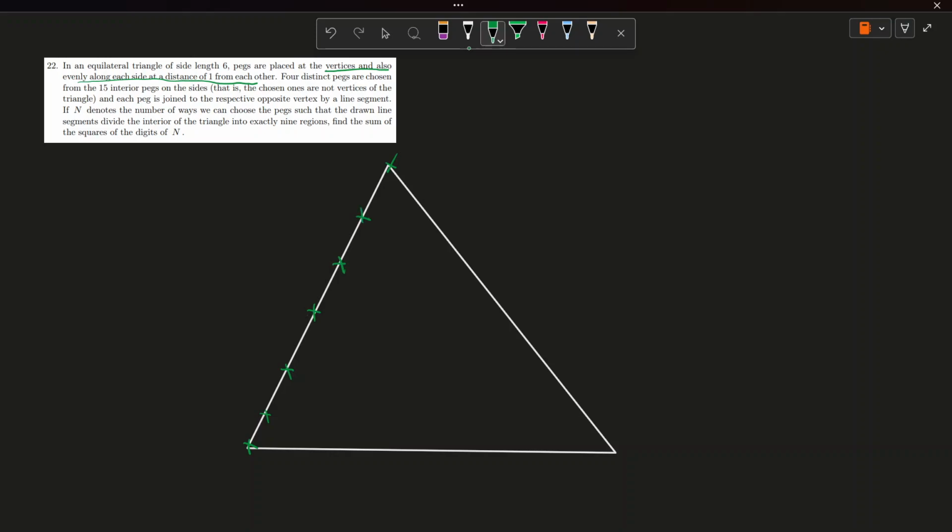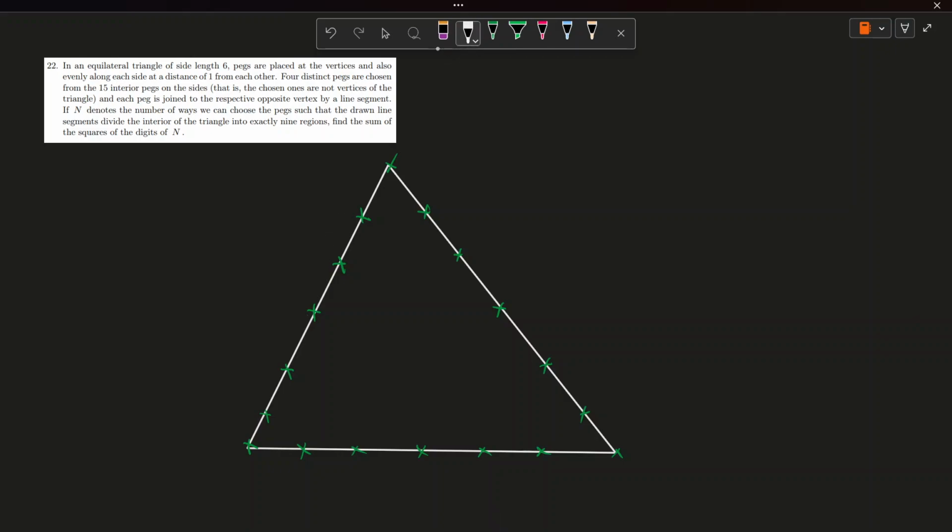So pegs are distributed in such a way, and similarly on each side, like pegs are drawn like this. So what we are given is such a triangle, and 4 distinct pegs are chosen from the 15 interior pegs. So from the interior pegs, we choose